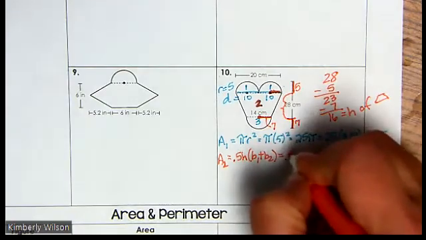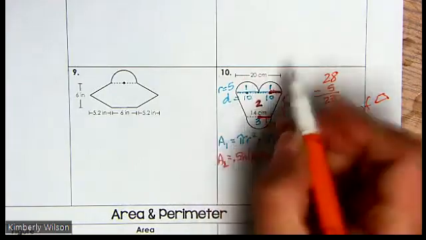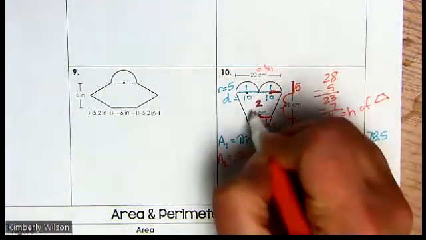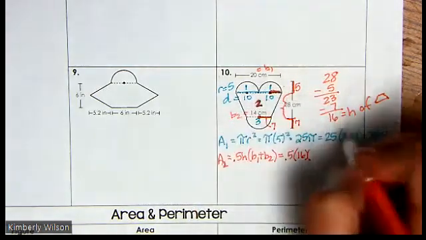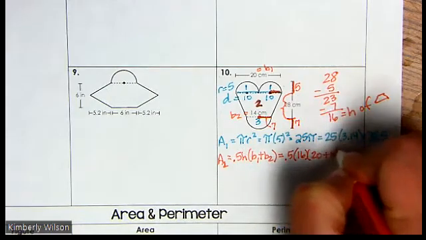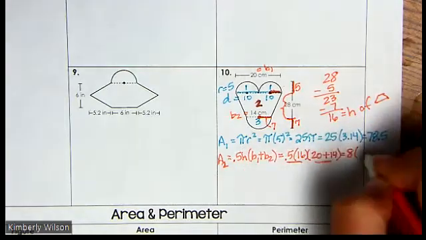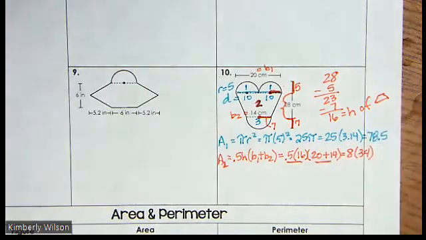Okay, so we have 0.5 times 16, and then the 14 all the way across. This would be B1. This is B2. So we have 20 plus 14. Half of 16 is 8. And then I add these together, and that gives me 34. So we have 8 times 34, which gives me